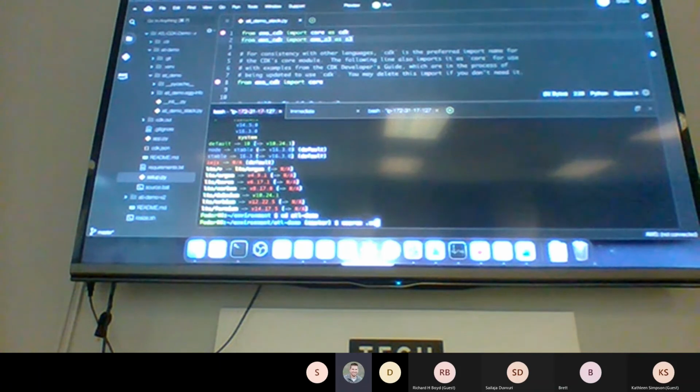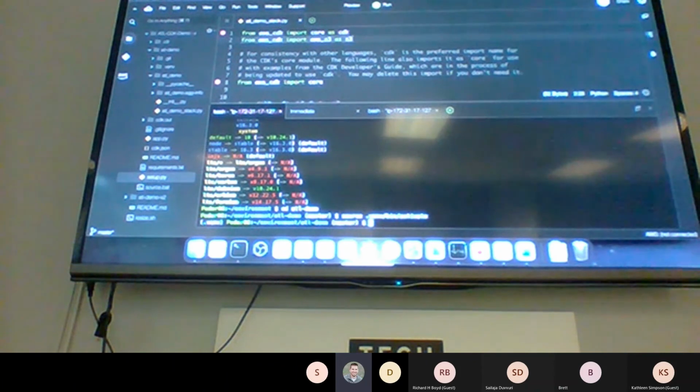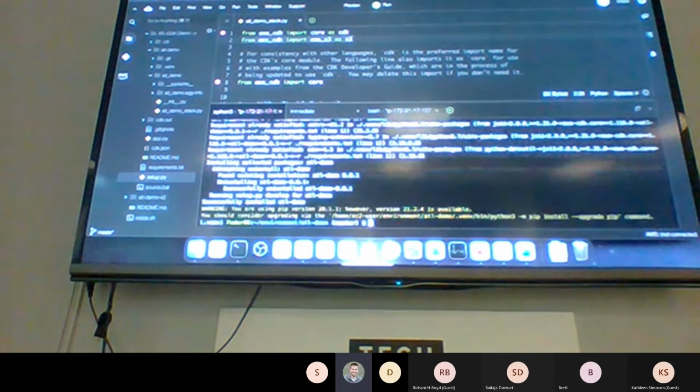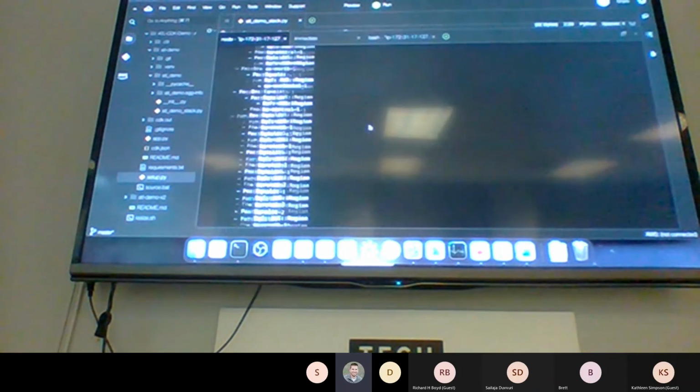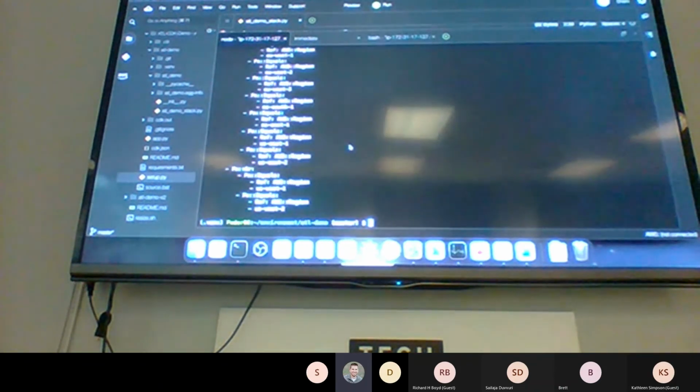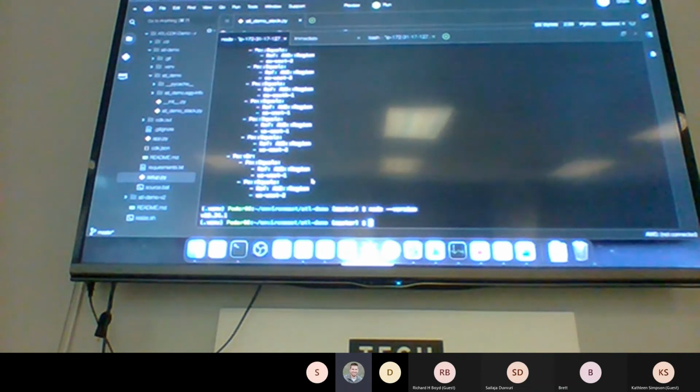And then say source. This is just a generic Python command to activate the virtual environment. Then pip install. This should essentially do nothing because I tested it earlier and the stuff's already there, but it's just saying pull all stuff out of the cache. And as it always does, it tells me my version of pip is out of date. But now I can do something like CDK synth. Oh yeah, I'm using an old version of Node. It does not like that at all.